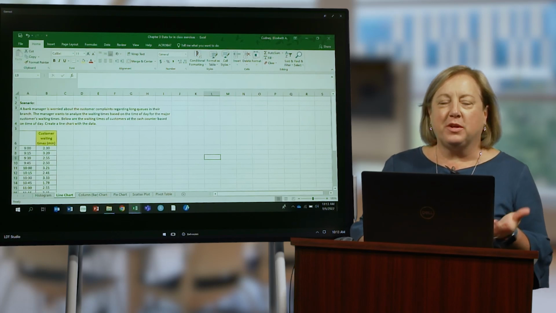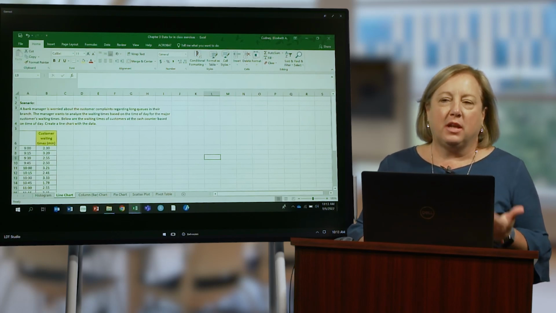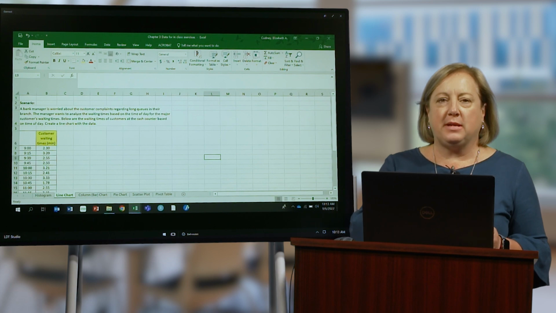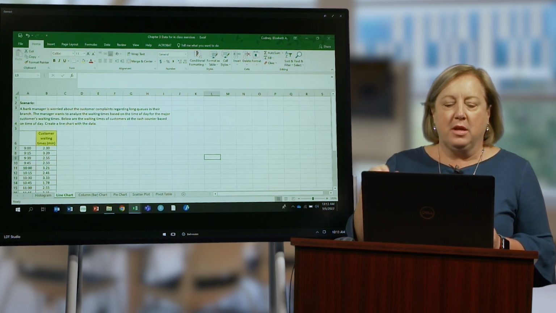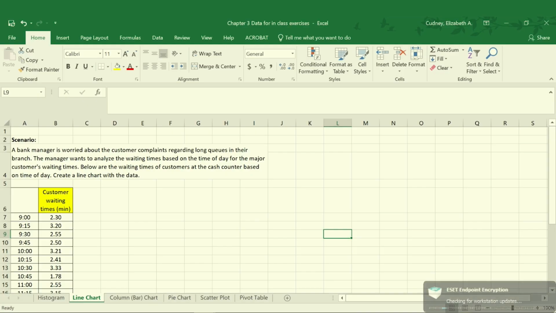The next chart that we're going to look at is the line chart. The line chart is very useful in showing trends over time. We'll create a line chart following our bank example, and in this case, we have our bank manager that's still worried about customer complaints with the long wait times, but we want to look now at our waiting times based